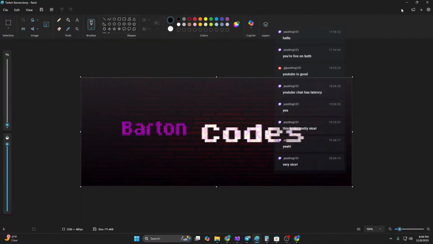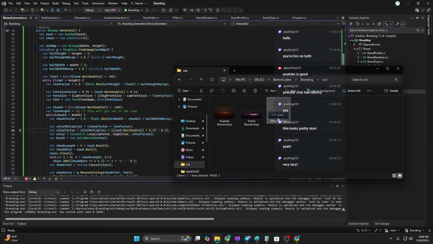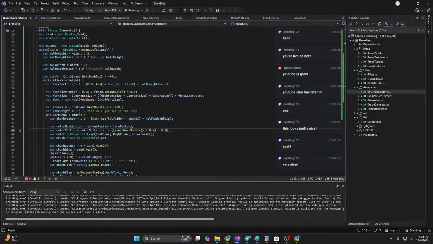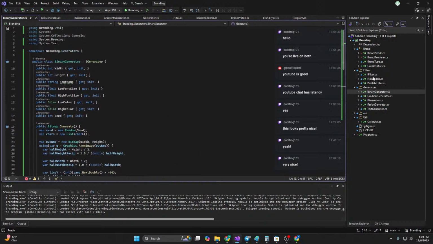Yeah, these are looking pretty cool. This one still has way too much noise in the background. The noise color is way too loud. But the idea is cool. Ah, okay. So here's one. This might come out really bad and it might be way too simple. But I had an idea for